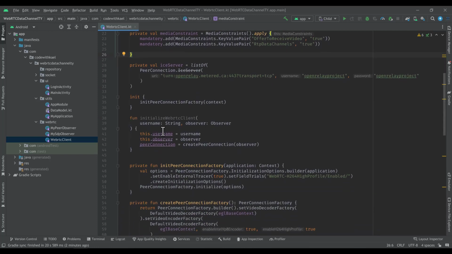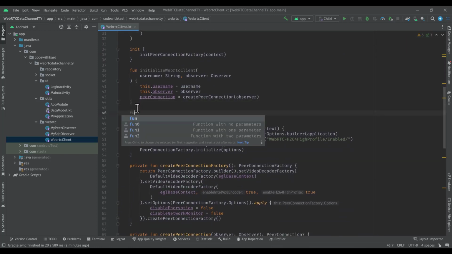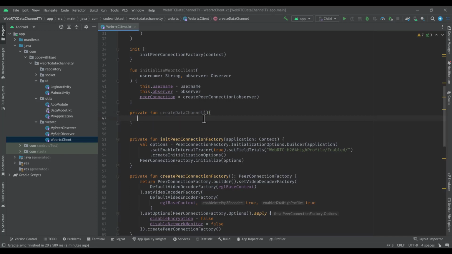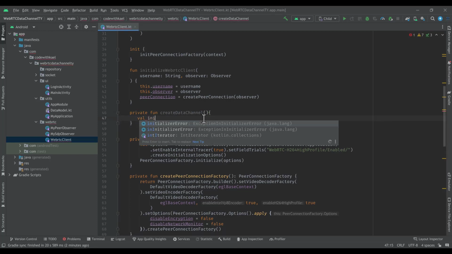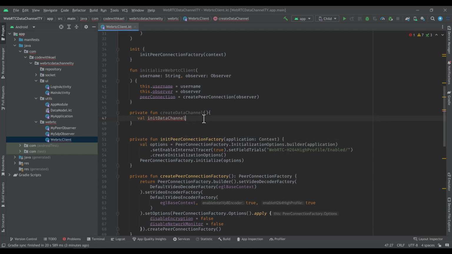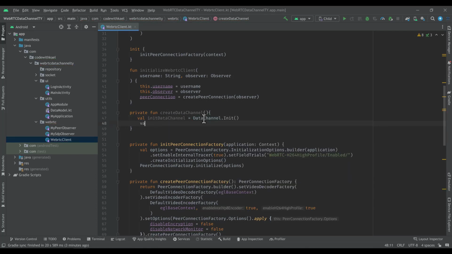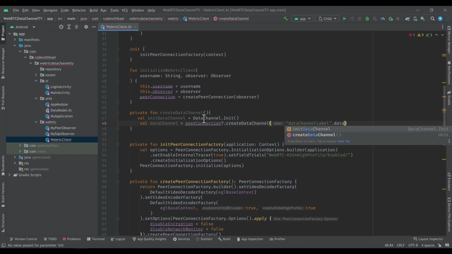So let's go back and create a function called, let's actually make it private, create data channel. And inside here, we'll create an init data channel object of type data channel dot init, and then create a data channel using our peer connection and create data channel. First we have to add a label to it and then pass the data channel init object,